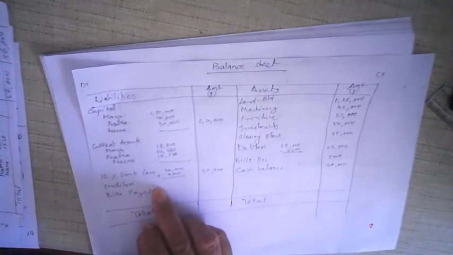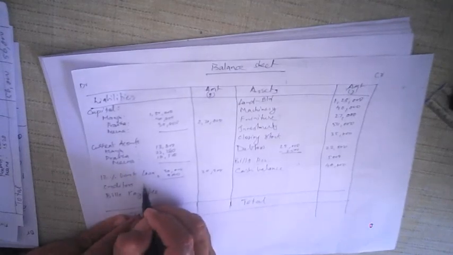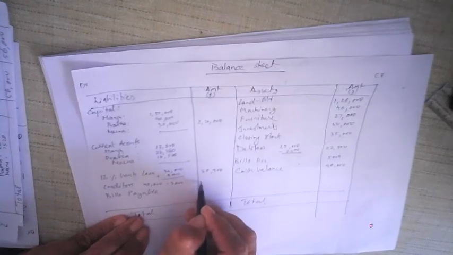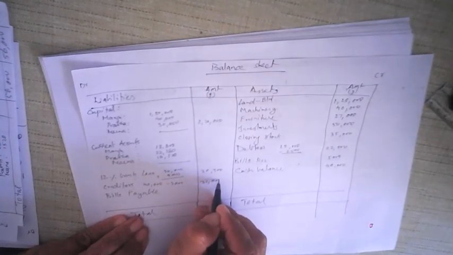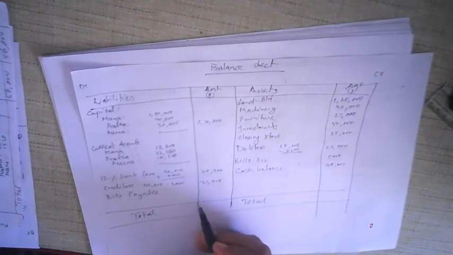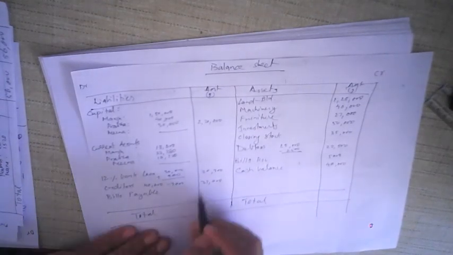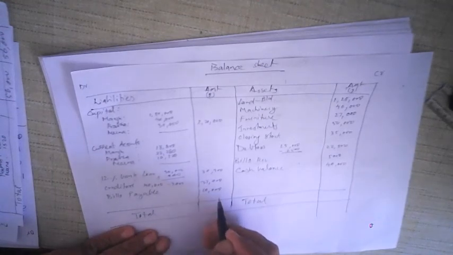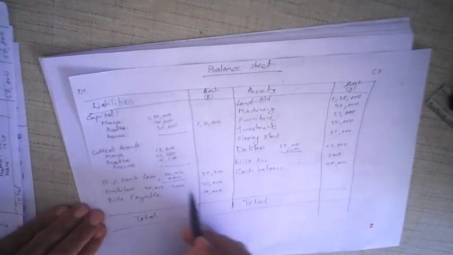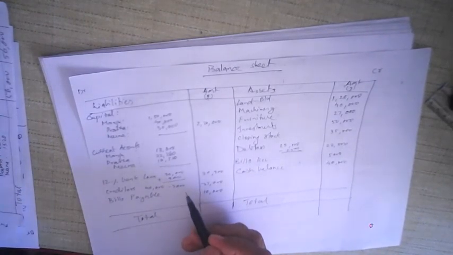Bank loan, creditors. Now the value of creditors, 3,000 was not to be paid, and here the creditors is given as 40,000. So 40,000 minus 3,000 creditors, and you get 37,000. This is the value of creditors. Then bills payable, 10,000, there is no change. Now you can see that there are no more entries left. Outstanding interest on bank loan I've already included, and there is no other entry left out.